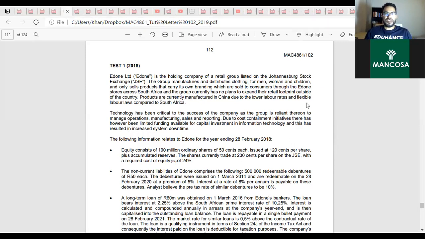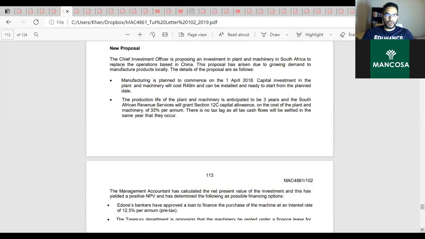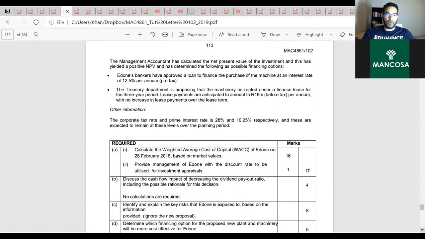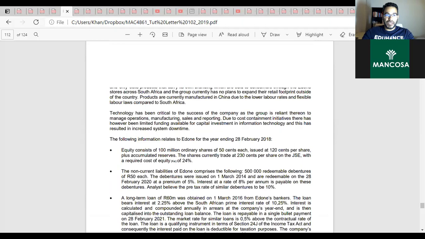Okay, you should be able to see the scenario. I'm going to read it with you now. We're not going to read the entire question. We're going to read up until new proposal, and then we're going to read the additional or other information. So let's look at it. It's a nice short question. Test 1,